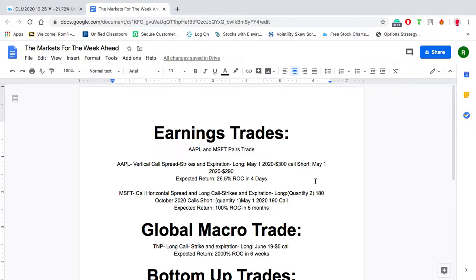Apple call vertical spreads, strikes and expiration. So I want to be long the May 1st, 2020, 300 call, and short the May 1st, 2020, 290 calls. And so it's a vertical call spread. And you could use that as part of the bearish part for what we want to do on Apple. Expected return